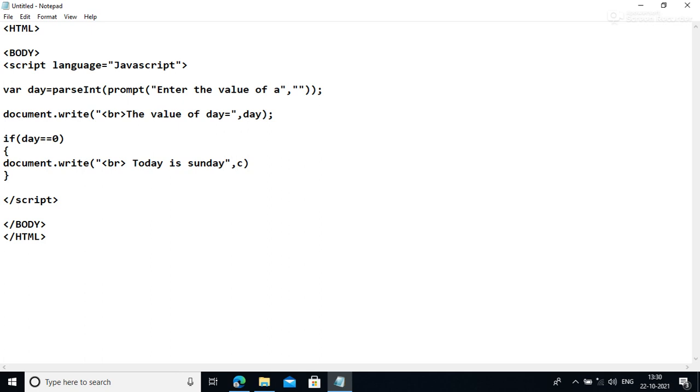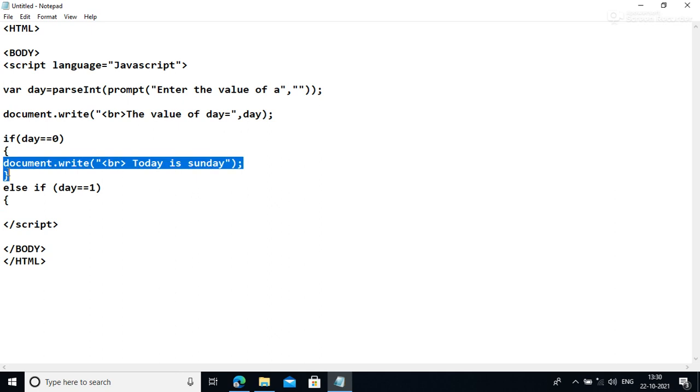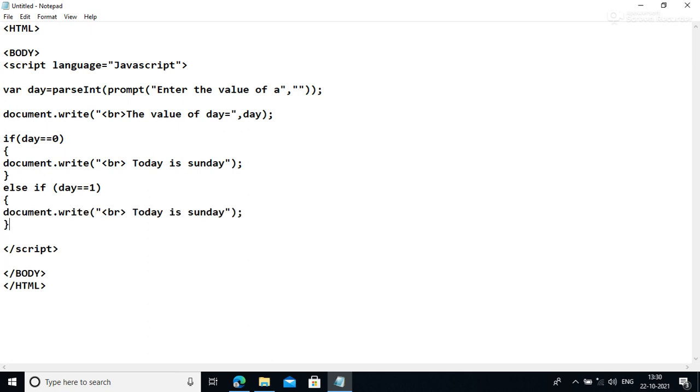Similarly, next again use else if, and here use the condition again: day is equal to 1. If this condition is true, print the statement "Today is Monday".